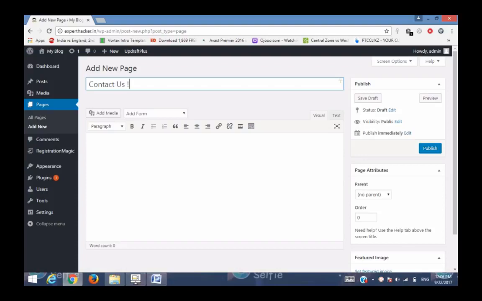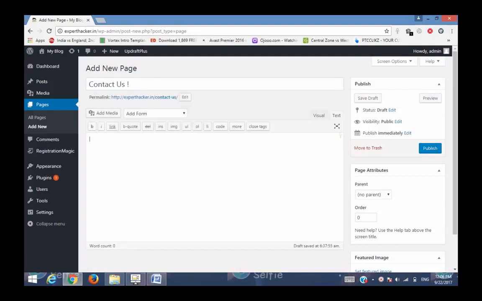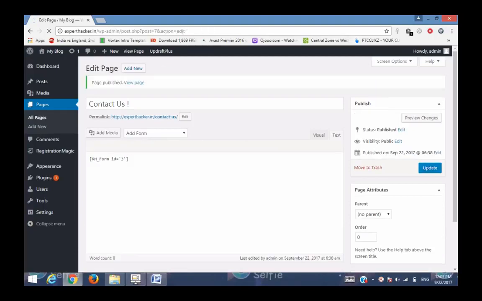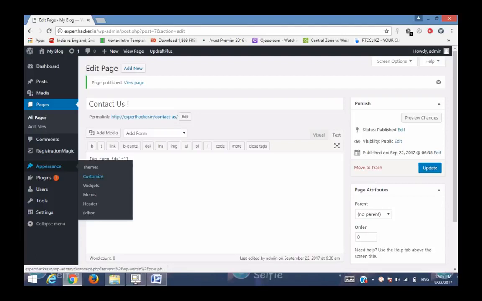In the text area you have to paste the shortcode you just copied. Here is the shortcode that I have copied, and I am going to publish it. Now you can see the page published here.